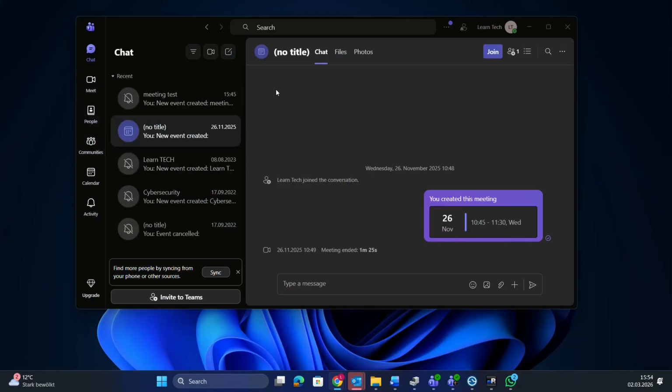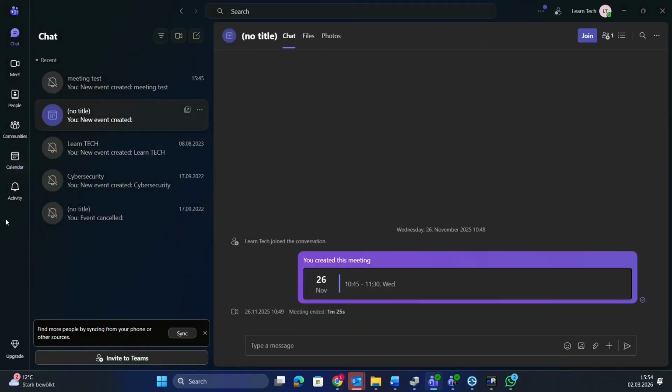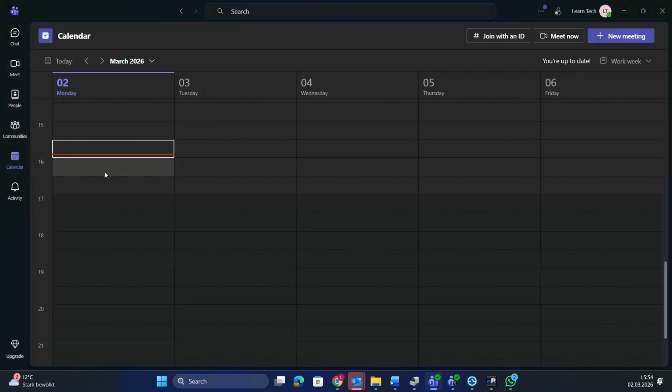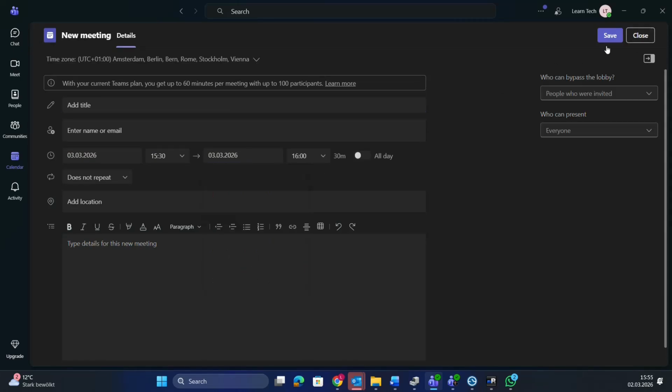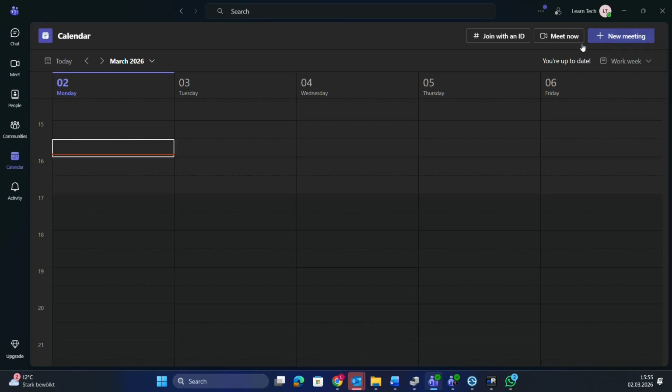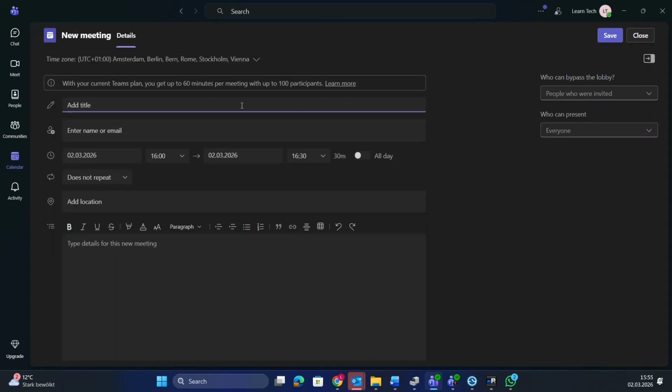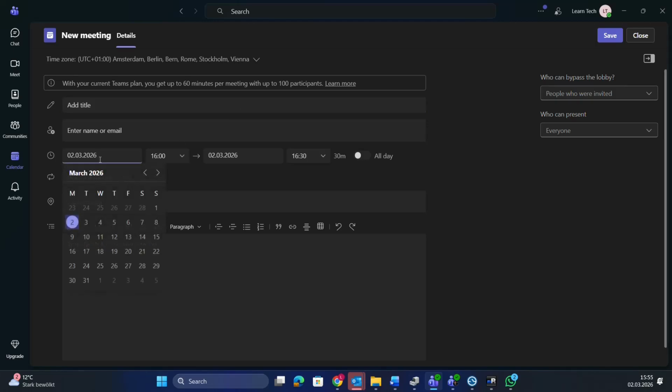Alright, let's go right away on Microsoft Teams and let's open it. Once you have opened your Microsoft Teams, you just have to go over calendar where you have to schedule a meeting. So I'm just gonna randomly click in one of the days at one of the slots over here, and then it will pop up the possibility to set a meeting, or you can just go over new meeting, and over there you will have the possibility again to set up a meeting with all the settings regarding the time,